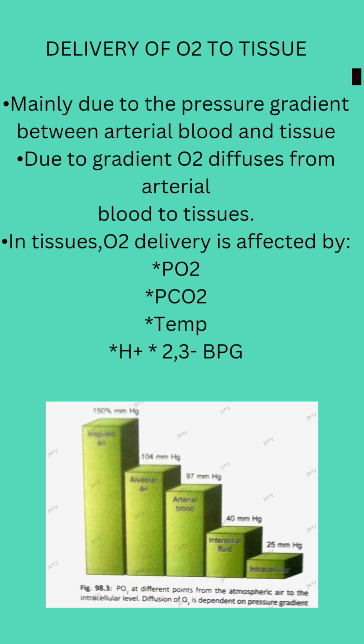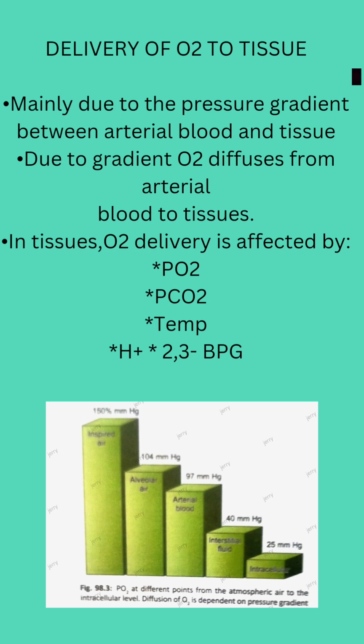So as per calculations, we know that 1 gram of hemoglobin contains about 1.34 ml of oxygen. Now from this we can calculate that arterial blood contains about 19 ml of oxygen per 100 ml of blood, and venous blood contains 14 ml of oxygen per 100 ml of blood. So from this we can deduce that the tissue gets only 5 ml of oxygen, out of which 0.18 ml